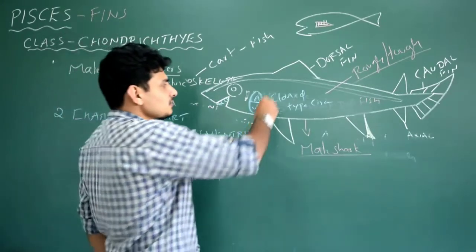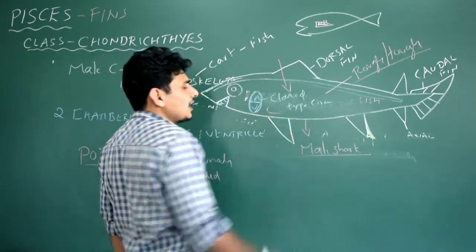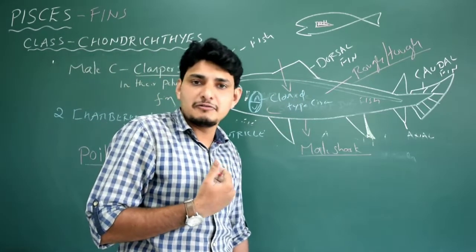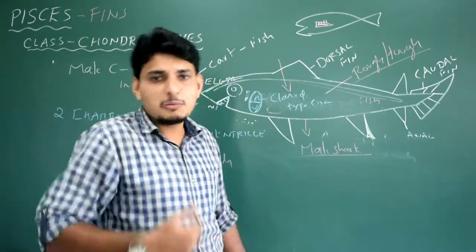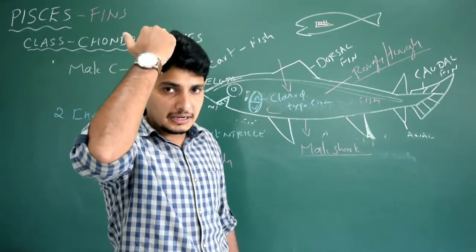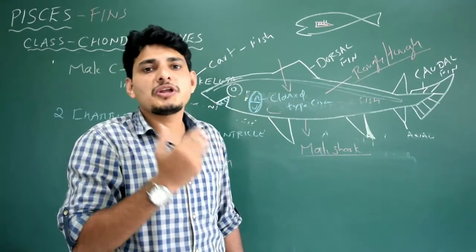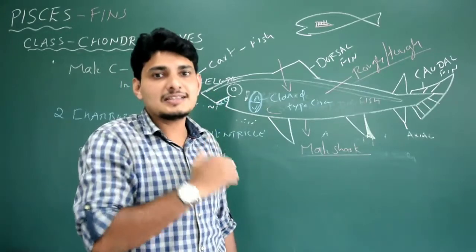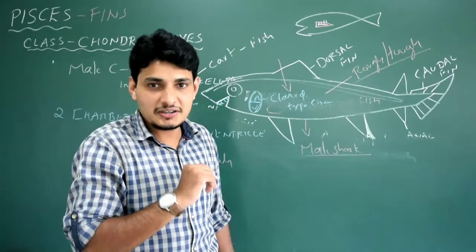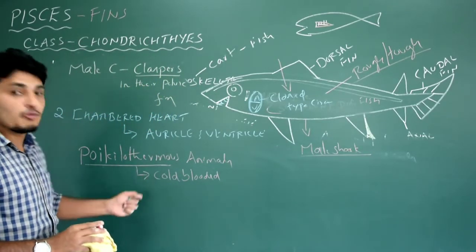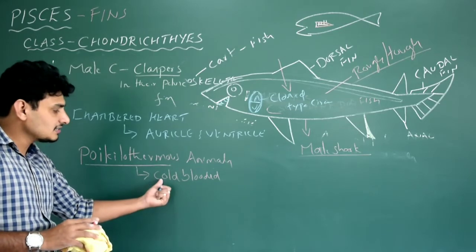There are organisms where the body temperature has to be maintained. However, how exactly is our body temperature maintained? Very simple actually. The food we eat, the metabolic process that takes place inside our stomach, and at the same time even the brain, all these things produce body heat. That body heat makes the entire body temperature 37 degrees Celsius. Got it? So we are not poikilotherms. We are warm-blooded animals. But in these cases they are cold-blooded.